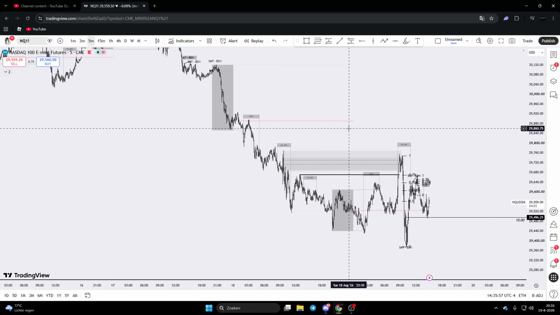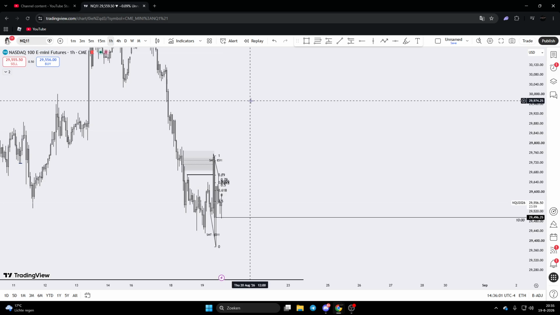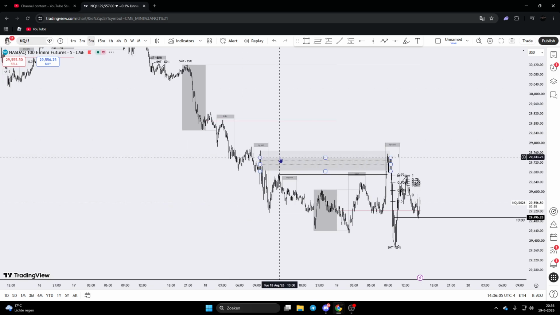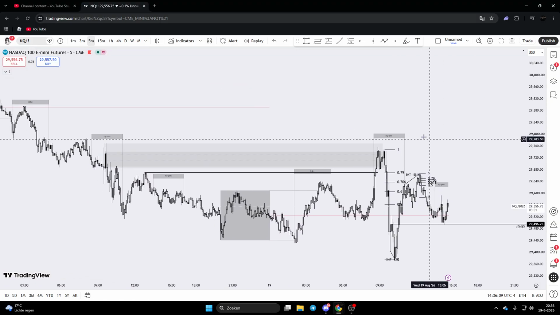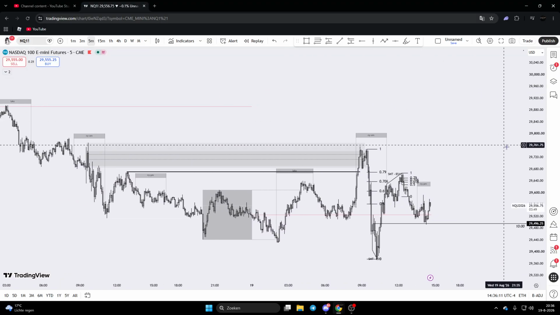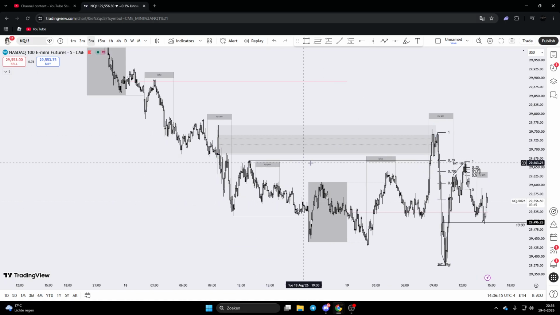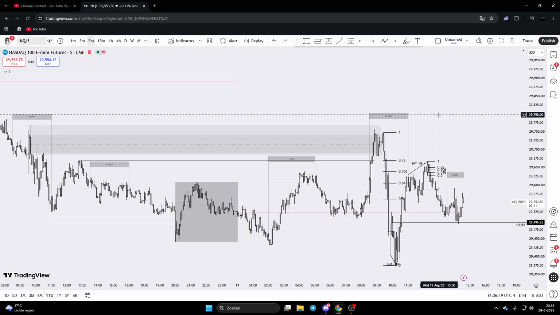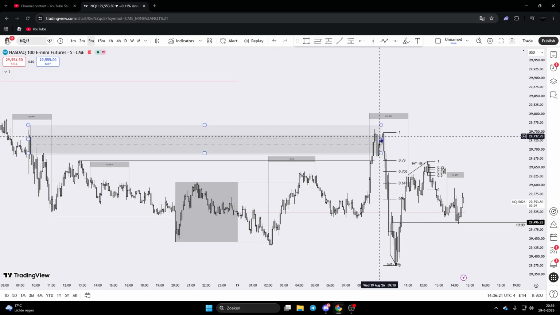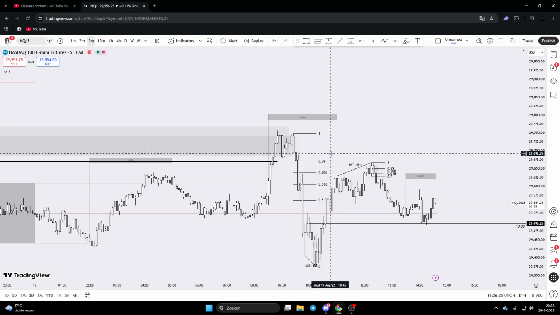In my opinion, Nasdaq does not have to retrace to those 4-hour gaps. That's why I told people you should not template these things. Just because there are 4-hour gaps above us doesn't mean we have to hit those gaps. If price shows rejection off of these two PD arrays and takes out the session highs, that's more than enough for me to think, okay, we're probably just going to start reversing from here and start our distribution.